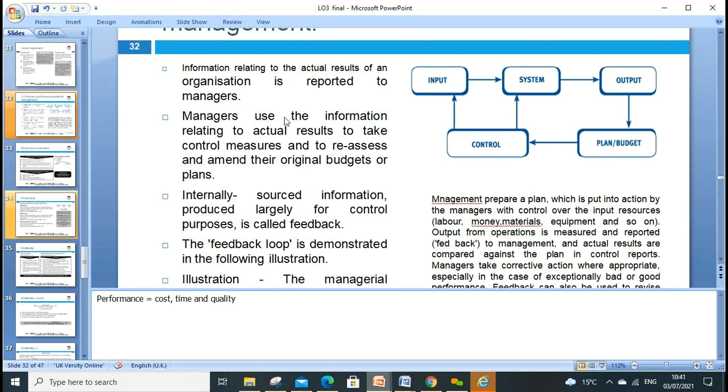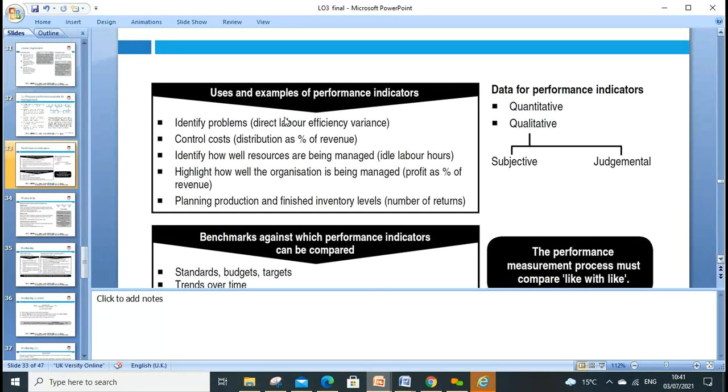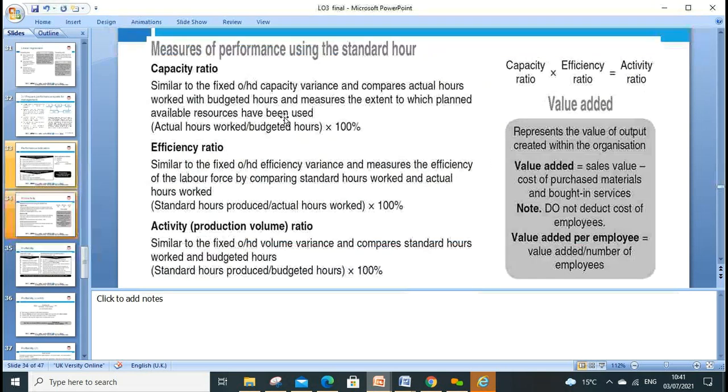Okay, we need information internally and externally. In management, we can make the decision. So when we look at management and performance, maybe you can look around qualitative and quantitative. Qualitative is more good and bad, satisfaction, and quantitative is more about numbers, objective. So performance can always be linked.